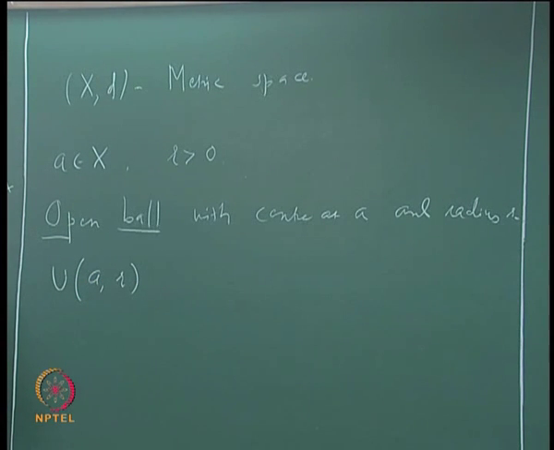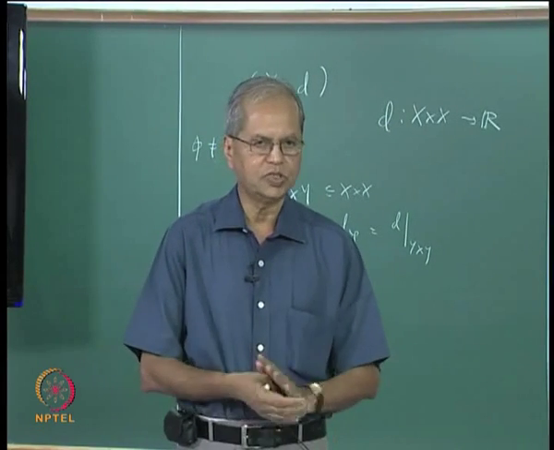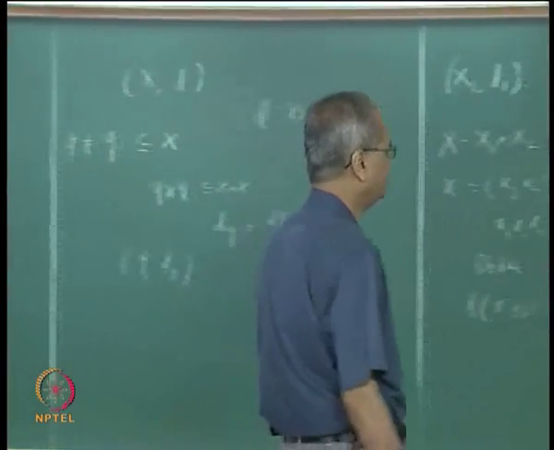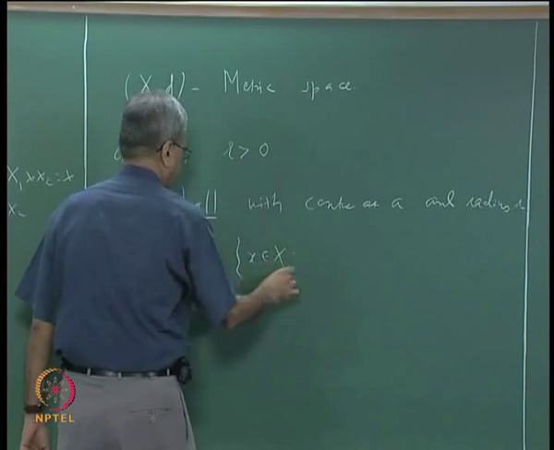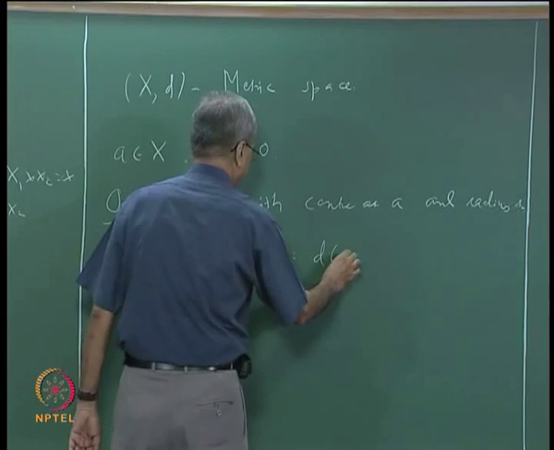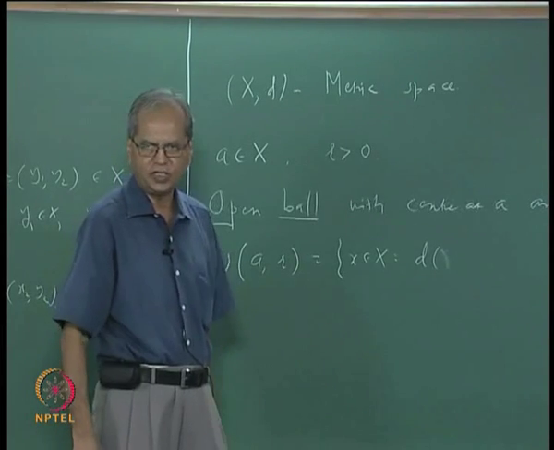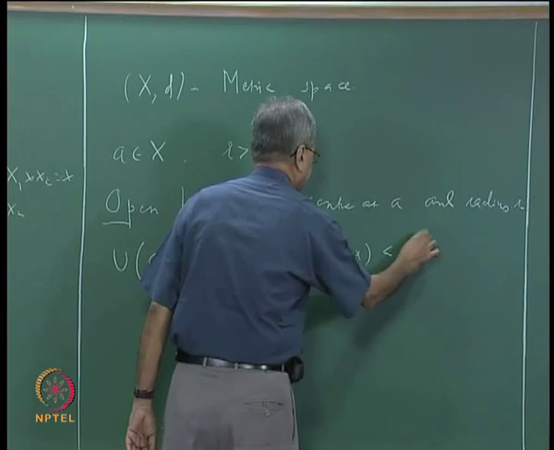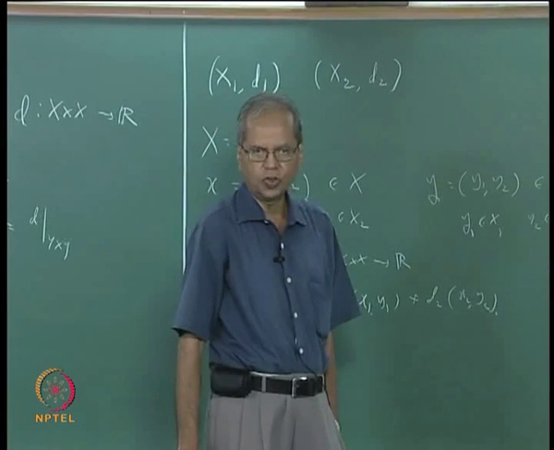okay. Now it is clear how such a thing should be defined, because ball means it is a set of all points, we are taking A as a center, so you take all those points whose distance from A is strictly less than R, okay. So that is what will be called open ball, okay. So this will be the set of all x in X with the property that the distance between A and x, or x and A, whichever way you write it makes no difference, okay. So the distance between A and x is strictly less than R, okay. That is what is called open ball, okay. Right.